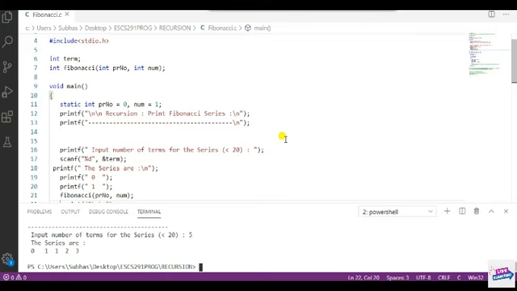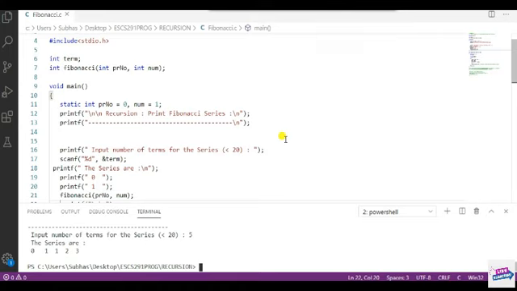In the next example I will explain some more important coding examples. One is the GCD of a number, a very common example of recursion, and you will get questions from recursion. Those are important programs. I will also discuss the Ackermann function, which is very important for your exam.